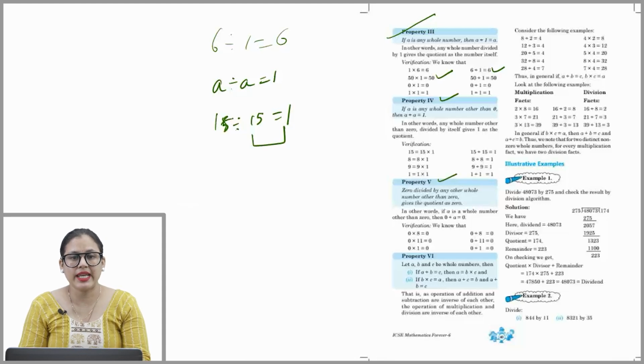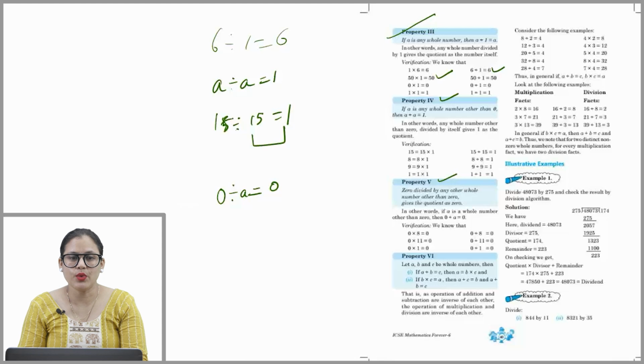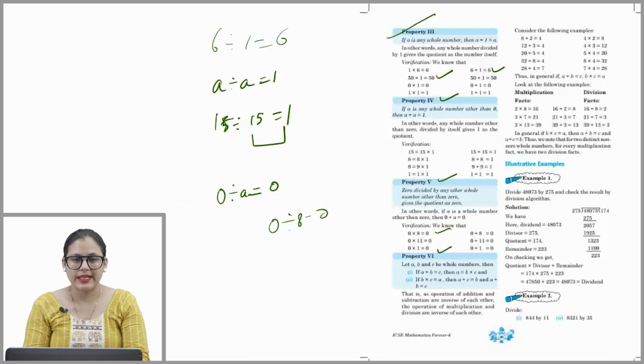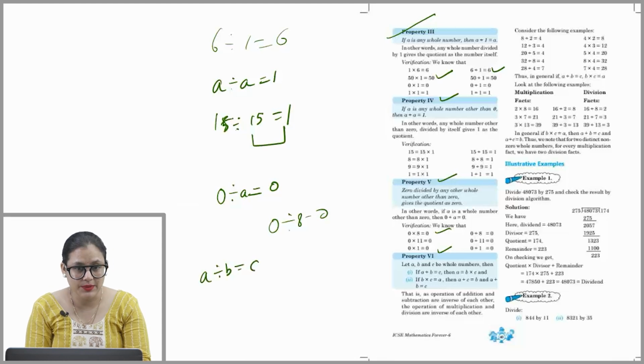0 divided by any other whole number other than 0 gives the quotient as 0. In other words, if a is a whole number other than 0, then 0 divided by a is equal to 0. So verification: 0 divided by 8 is equal to 0. Means if you divide 0 by 8, you will get 0. Okay. Property 6. Let a, b and c be whole numbers, then if a divided by b is equal to c,